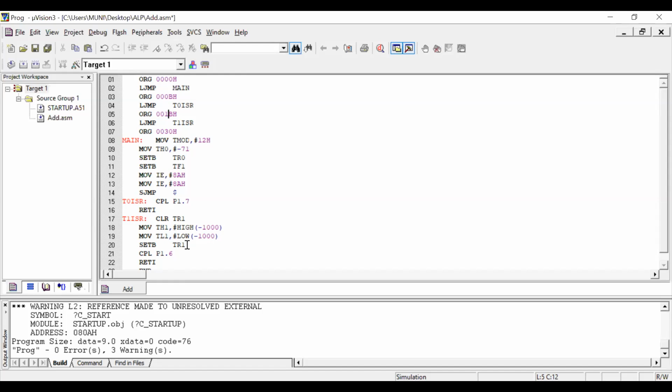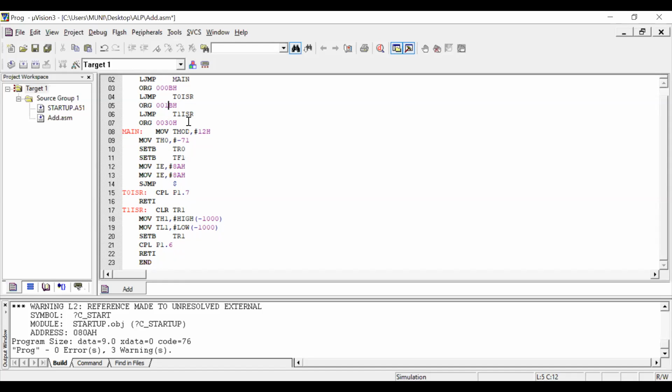Set bit TR1. So minus 1000 is converted into its complement value, and the higher byte is loaded into TH1, the lower byte is loaded into TL1, and set bit TR1. Then the timer will automatically start, complement port 1.6 and then return. One is the auto reload function, so by default minus 71 will be loaded.